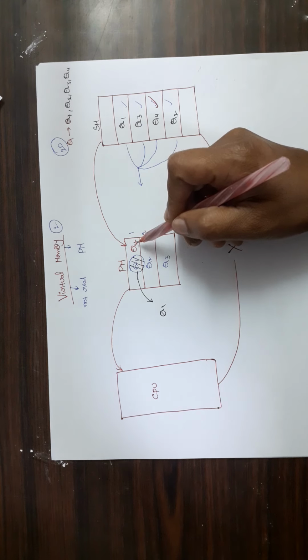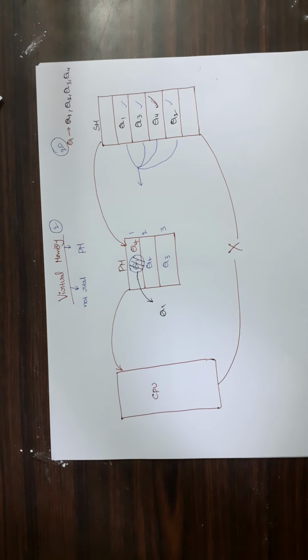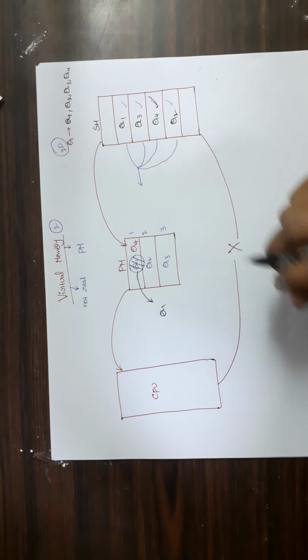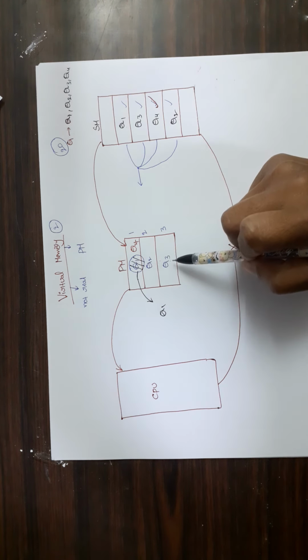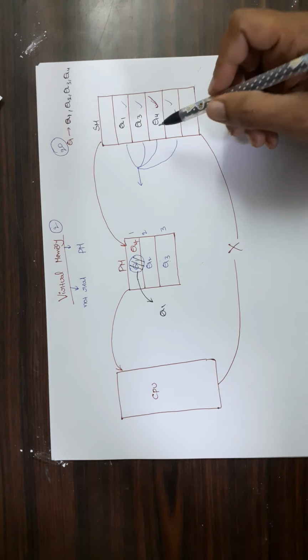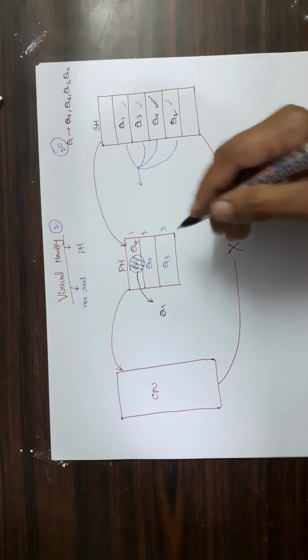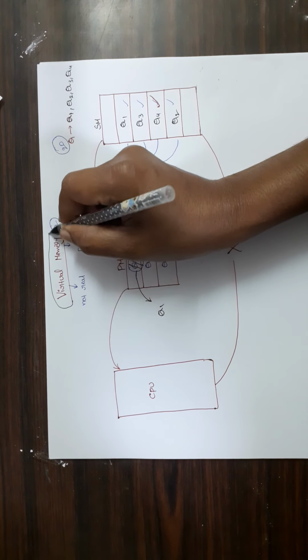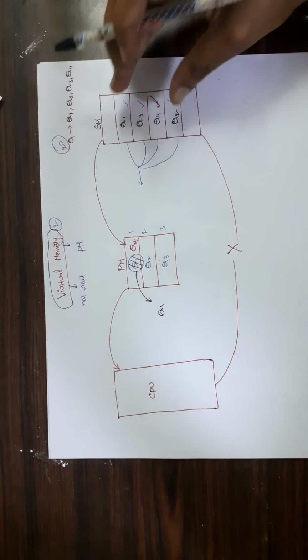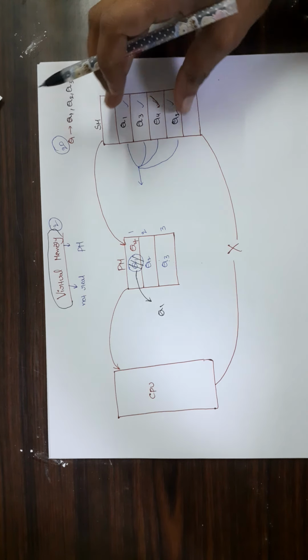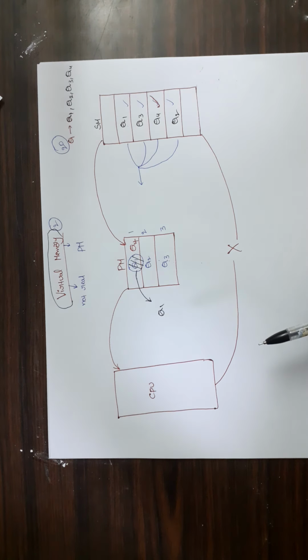CPU can execute this part of the process also. In that way, the process will be executed successfully. Here if you observe, even though we don't have the sufficient amount of primary memory, we are able to execute our process, right? So this technique is called the virtual memory technique. Virtual memory technique says that without loading the total process into the primary memory, we can execute that process successfully.